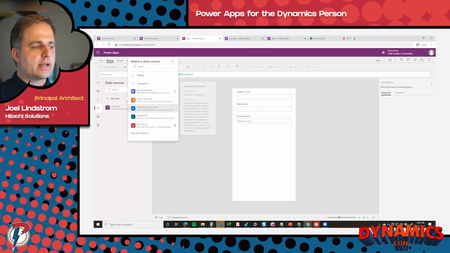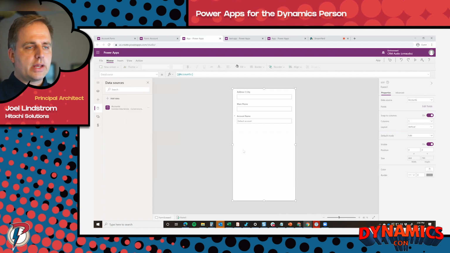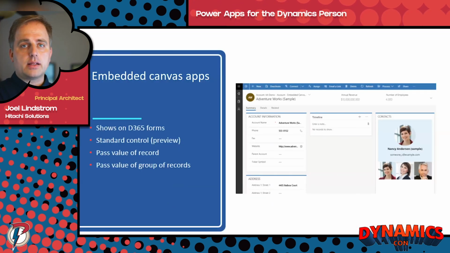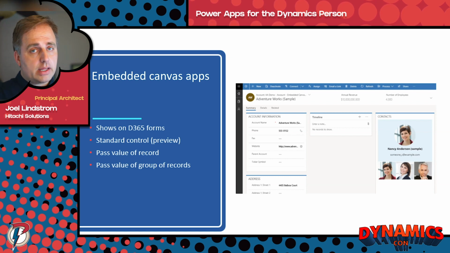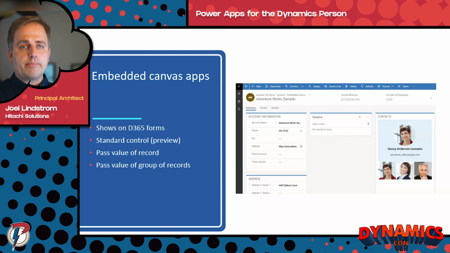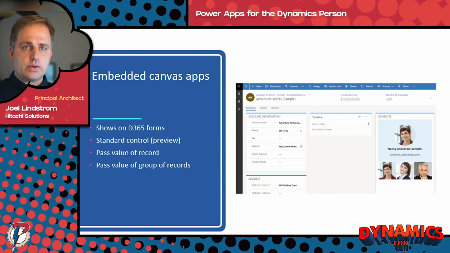So any of the 350 connectors, from SharePoint to Salesforce or whatever, you could put in there, and then you could add information in the gallery or data table from any of those connectors as well. So that's embedded Canvas apps, very powerful. A lot of people who used dialogues in the legacy UI, classic UI, have switched over to using embedded Canvas apps. One little tip there is if you use business rules to dynamically show and hide the field to which the Canvas app embedded is bound, the embedded Canvas app will conditionally show and hide. So that's a really easy way.